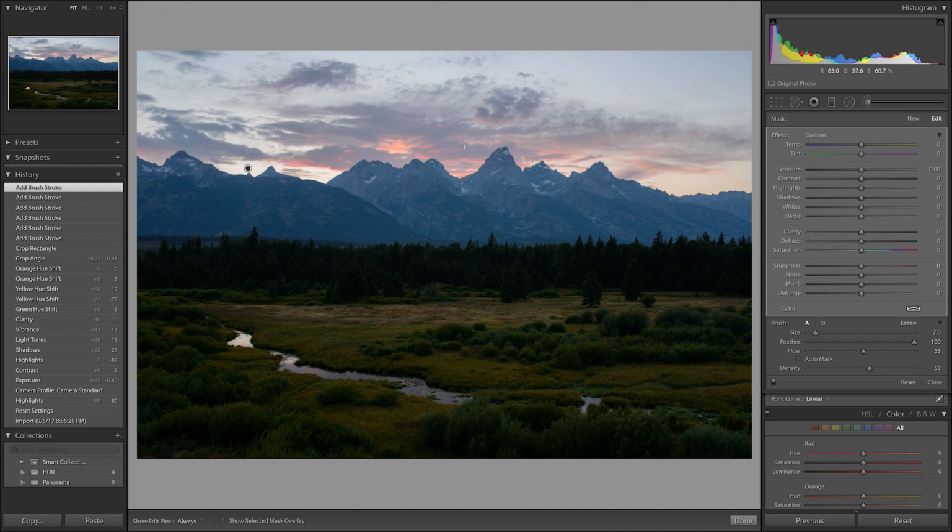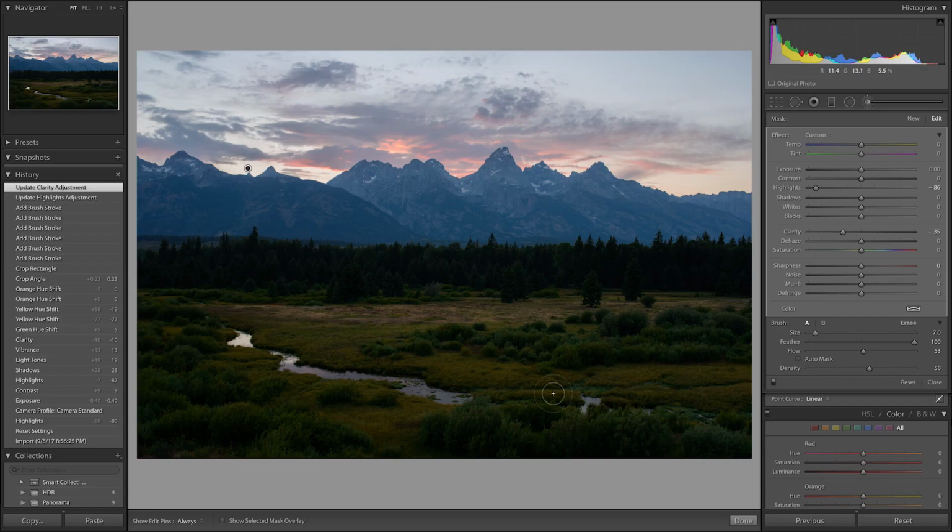And I can disable the preview by pressing the O key. And then I'll just decrease the highlights. And so it's a little bit subtle, but I think that that actually helps a lot. And I'll also decrease the clarity. That's another thing that I like to do in these situations, just to make things a little bit softer. So once I've done that, I think that that area of the image looks good,